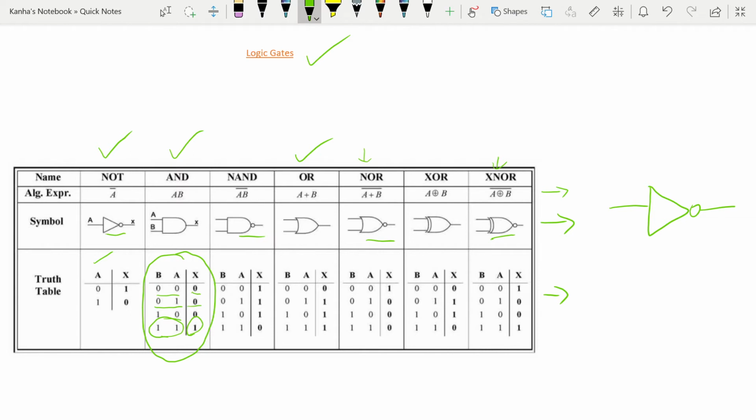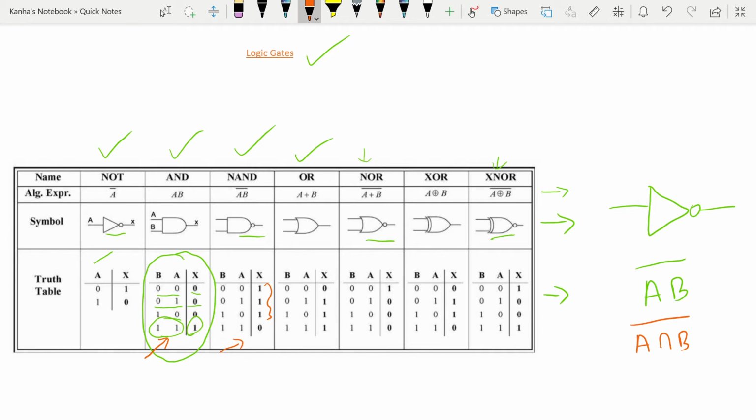Next, we can directly go to NAND gates. NAND gates are nothing but A, B and the complement of it. So what does this mean? You had the truth table of AB in which you got 1 only when both the inputs were 1. If you look at this picture, when you take a complement of it, you will get 1s for all the other values and 0 when both are 1. It's basically the complement of this set, so it's A intersection B, complement.